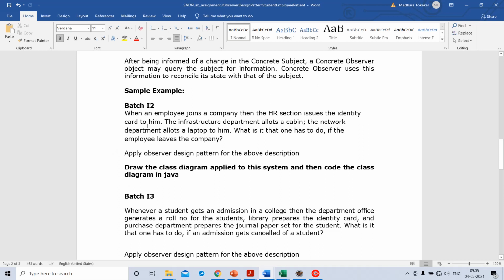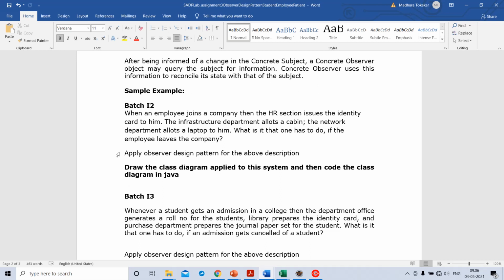So apply the observer design pattern to this particular situation and write down the code for the situation in Java language. Over here you have to identify who all are the observers. You have to identify what changes the state, and with the change in the state how the observers are going to respond.